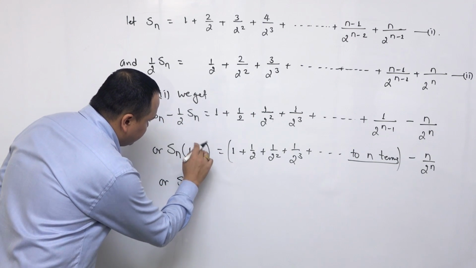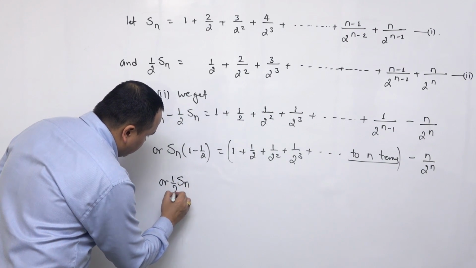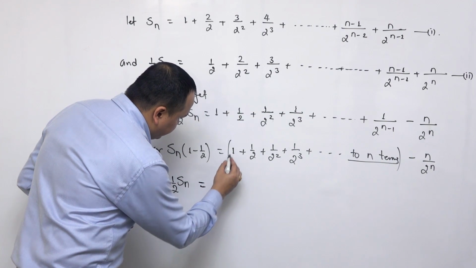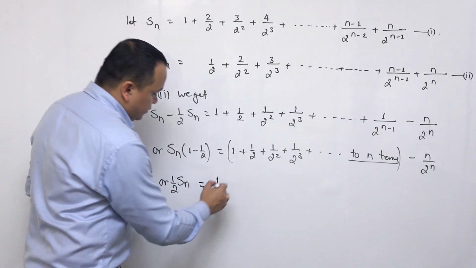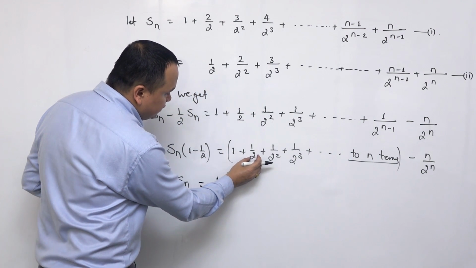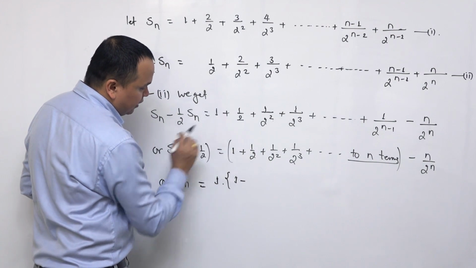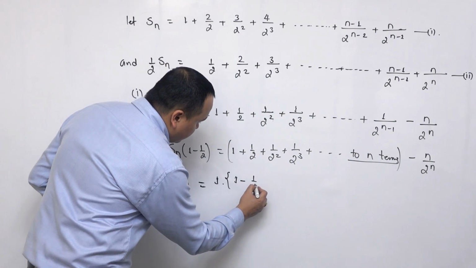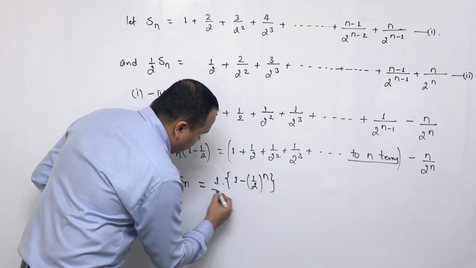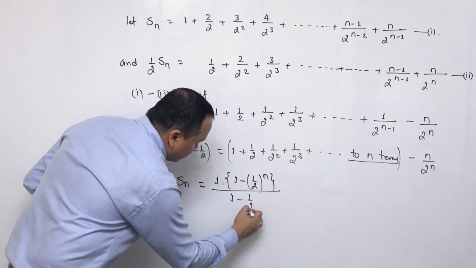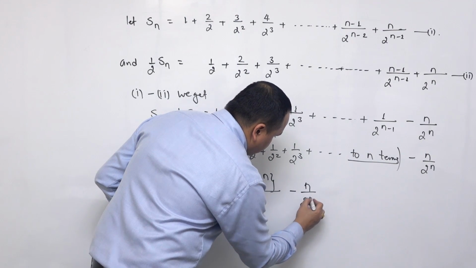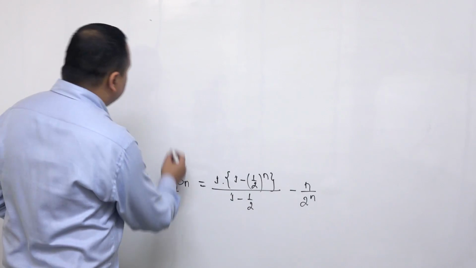1 minus 1/2 Sn equals 1/2, and here the formula: A is 1, times 1 minus r, where r is T2 by T1, so 1/2, 1/2 to the power 2n terms, so we use n here, upon 1 minus 1/2, and here minus n upon 2 to the power n. Continue here, 1/2